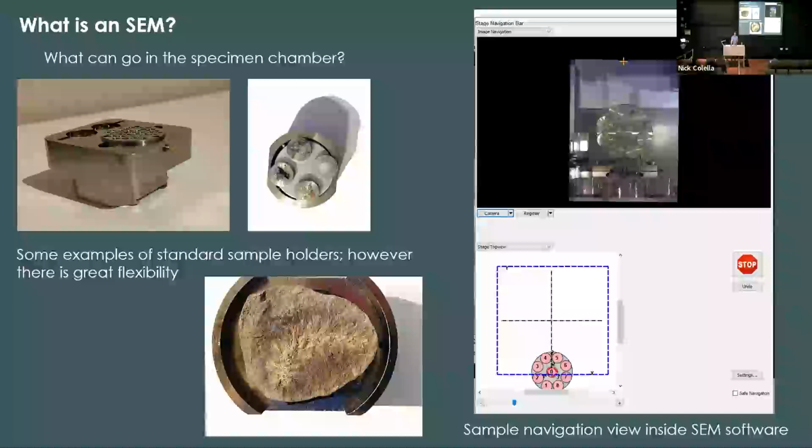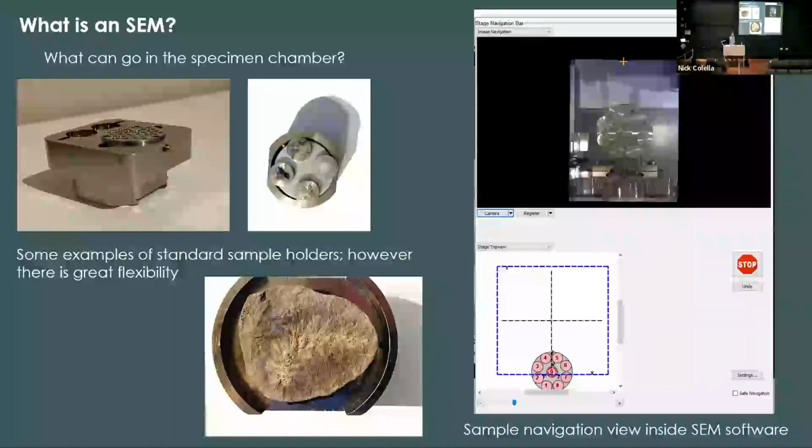When it comes to imaging, one of the most important things, right, is thinking about what I want to see on the sample and what's the best way for me to prepare the sample, mount the sample so that I can orient that in a way that I can get the information that I need, right? So typically your sample is going to be pretty small. We have a fairly flexible chamber in that technically I think we can go up to 8 or 10-inch sample diameter, but practically speaking, most samples tend to be maybe a couple centimeters or less. And then those are mounted in one of a number of different ways. But we do have some flexibility.